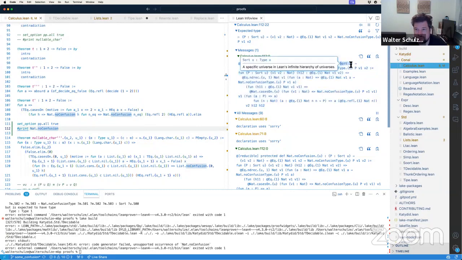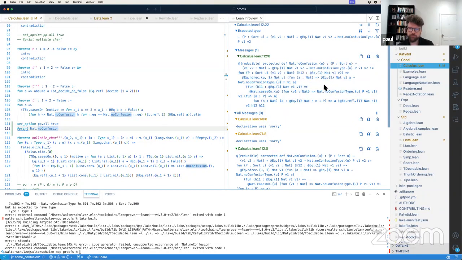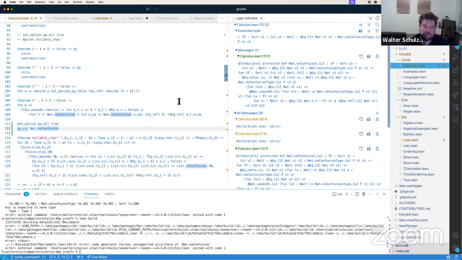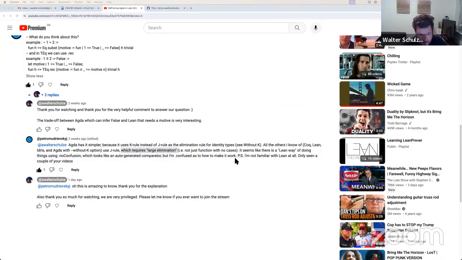So this should work on type and prop. Okay, so that's interesting, something to come back to. Yeah, so that's the comment he made. That was interesting for me, that Agda has a different way of doing elimination using the K rule instead of the J rule. Maybe